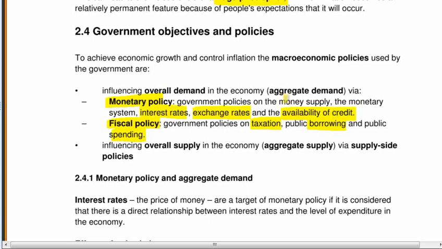Now, the other thing that governments have tried from time to time is to try to control the level of the money supply on the basis that the more money there is in circulation in the economy, the more inflation there will be. Okay, and that's met with limited success. So just bear in mind, monetary policy is about much more than the money supply. Monetary policy is, importantly, interest rates and exchange rates, but also things like the availability of credit. Now, these are the levers the government use to try to manage the level of aggregate demand, overall demand in the economy.